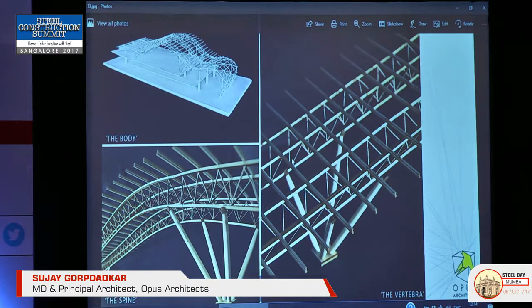Then of course I'll not bore you with the details of things. The spine, as they called it, or the vertebra, or that entire skin or the body that was put up at Kansai. Just two aspects marry here. See, the Guangzhou Tower is more an aesthetical element. It has very little application other than the fact that it has a few occupiable floors. There are communication towers on top of it. But an airport has to function well. So the whole